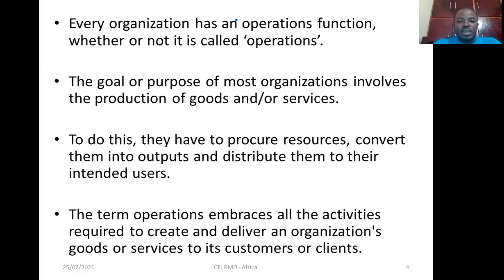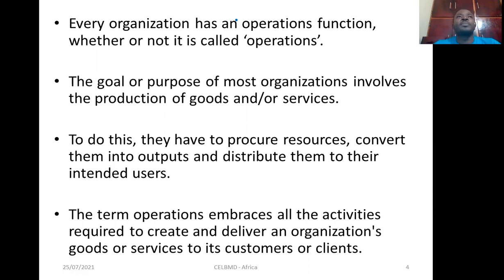So to be able to sell products and services or to trade them off for value, organizations must have access to the resources that qualify as ingredients, raw materials to produce those services or products, and to be able to convert those raw materials into the outputs, which are services or products, and deliver them to the intended users, the target clients that the organization has defined as the end users of their product or service.